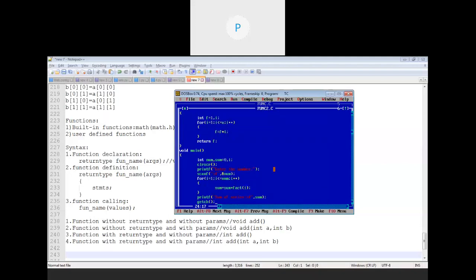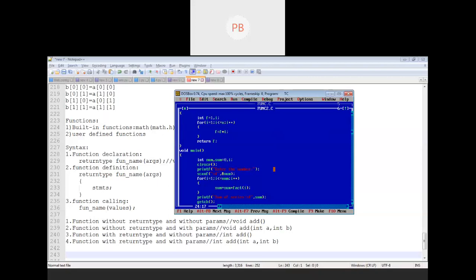Obviously the execution will start with the main method. First of all, I'll accept the number. Let's say I'm accepting the number as 3. It means we have to calculate the series as 1 factorial plus 2 factorial plus 3 factorial. Once that number is taken, i starts with 1. 1 is less than or equal to 3, the condition is true.